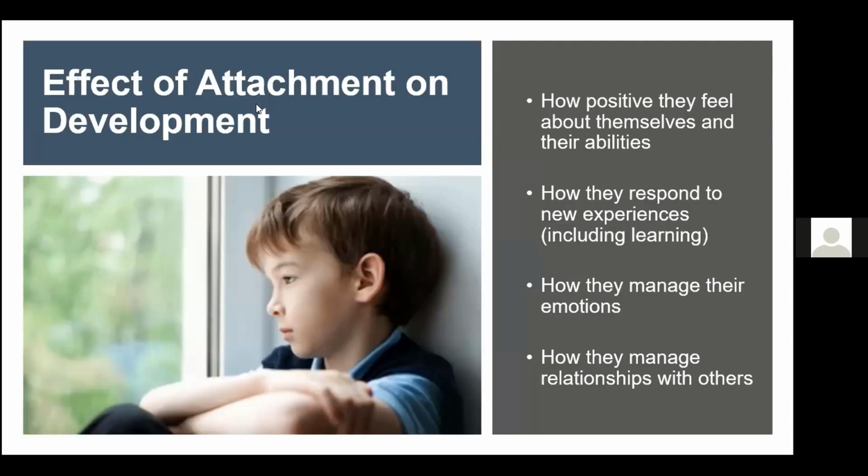So what is the effect of attachment on children's development? We know that it shapes how we respond to new experiences and therefore how we develop. And it does that because it provides a secure base. If you have a secure attachment, that will provide you with a secure base, which enables you to feel able to explore, to take risks and to learn because you feel safe in doing so. So having that secure base is what opens us up to new experiences, and gives us the confidence to engage in that development and learning.